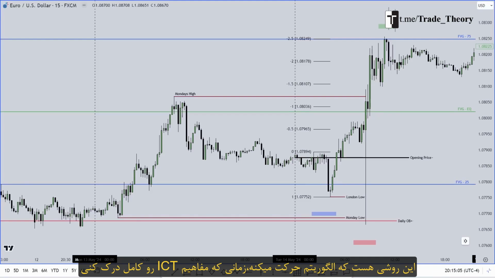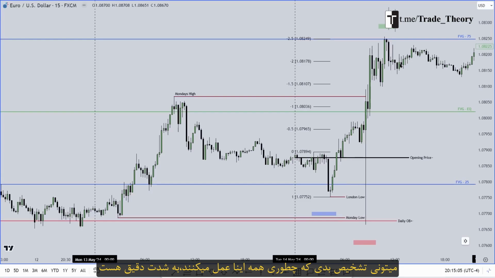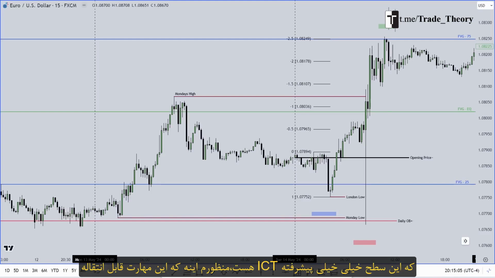And when you really fully understand ICT concepts, you are able to identify how this all operates. It's extremely precise. And it amazes me that people still think the markets are booked on buying and selling pressure. 7 years of doing this, and it still amazes me how precise the market is. You're not going to understand this straight away, right? There are charter students who are watching me, and I've had messages from them. They can fully appreciate it. There's certain things that they may have missed throughout their studies, and they can understand that this is very, very high level ICT.